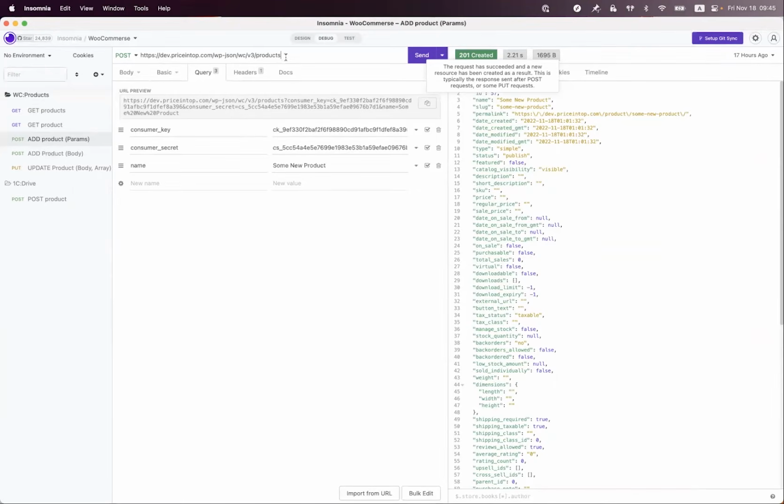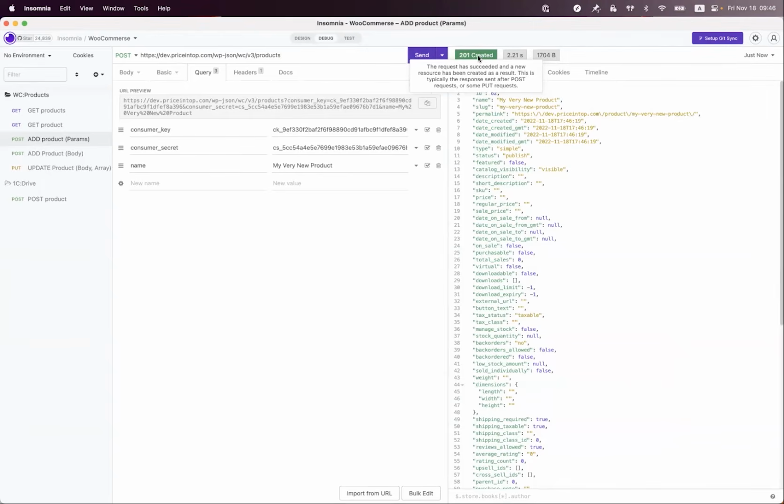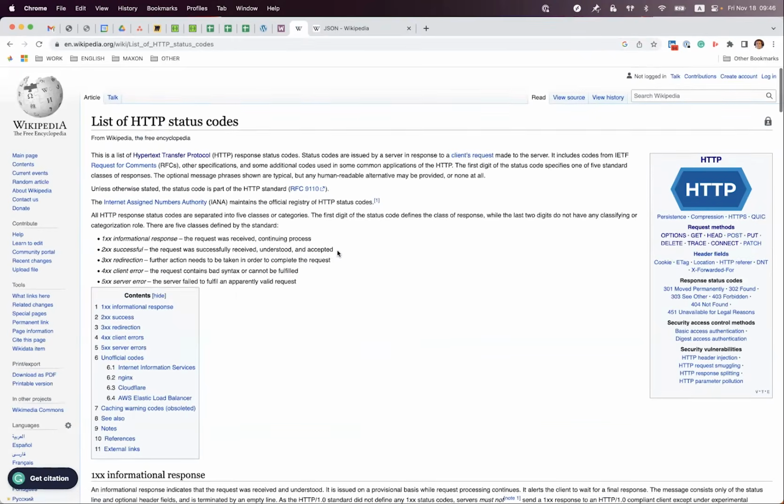Now it's POST, and it points to products. It again contains consumer key and consumer secret, but it also contains the name parameter. And here I can write anything, my very new product. Okay, so now theoretically, when I send it, it should go to WooCommerce and create this product there. Let's check. So I click send, and I receive a 201 response code,